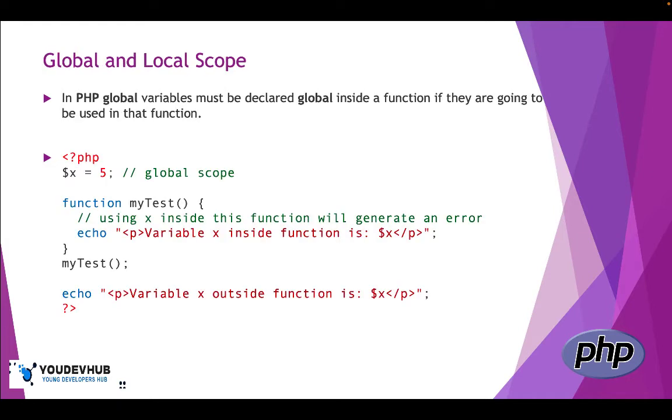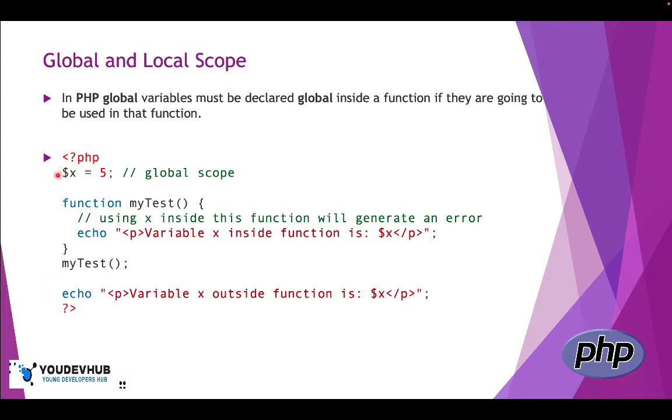What is the global and the local variable? In PHP, global variables must be declared globally inside a function if they are going to be used in that function. The following example shows us what a global variable looks like. For example,